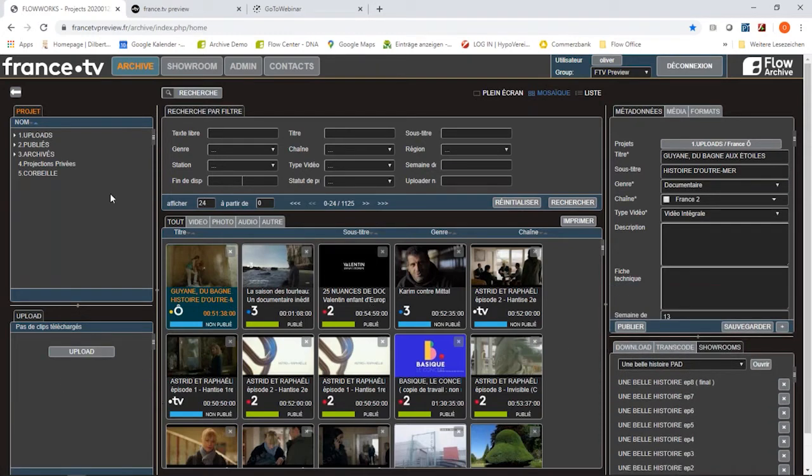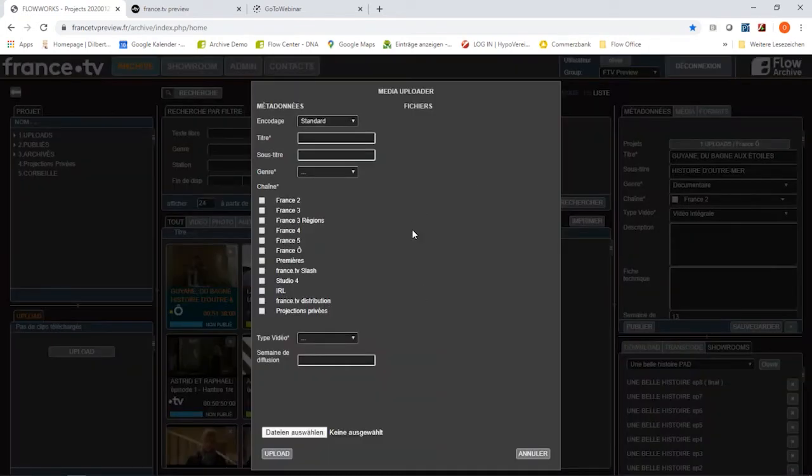You can see here, it's got these little panels. So here's an upload panel. This is how I would upload content. I'm not going to do this because I'm on the live system. I would basically give a title, give a subtitle, decide which genre that is, which channels that is applicable for, what video type it is, and maybe you can make some sense of what it says here. This could be a feature film, this could be just a trailer, this could be a summary, a teaser, bonus tracks, etc., etc. And so I'd have to obviously enter some dates here,